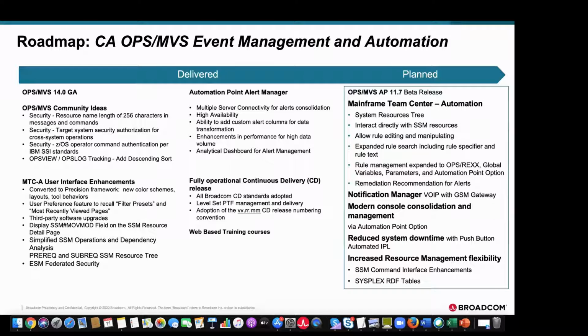We added, based on your requests, the ability to save user preferences. That means whatever filters you set, if you leave MTCA and go back to it, you'll be able to stay with the same view that you set for yourself. We also added the ability to display the move mode for system state manager resources. You can see this as a truck icon next to the resource, as well as the simplified SSM operations and